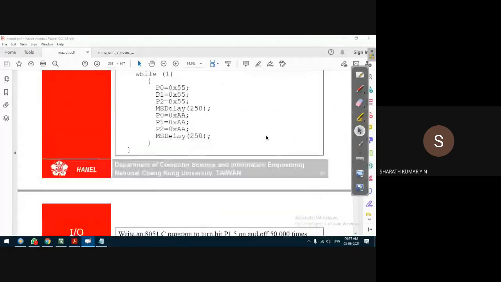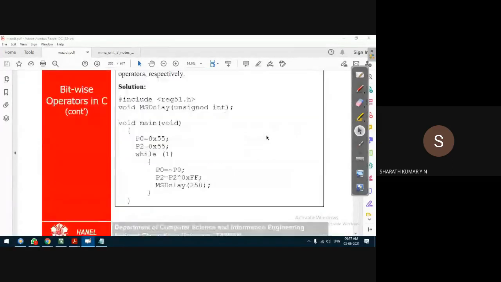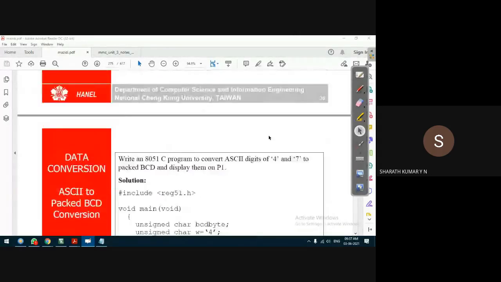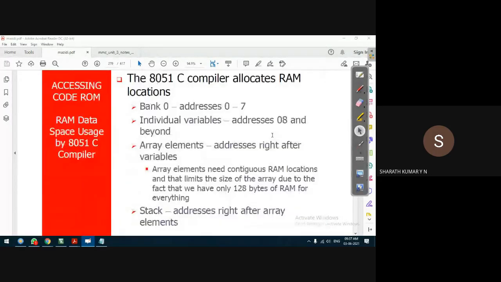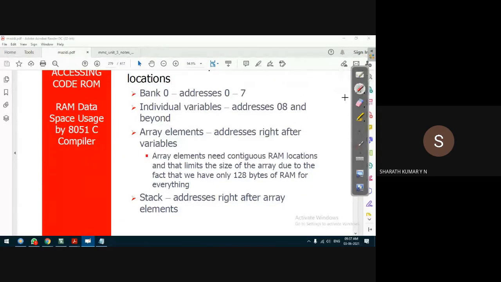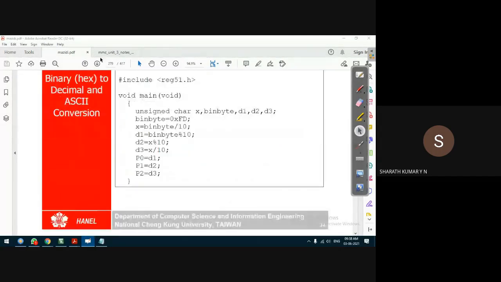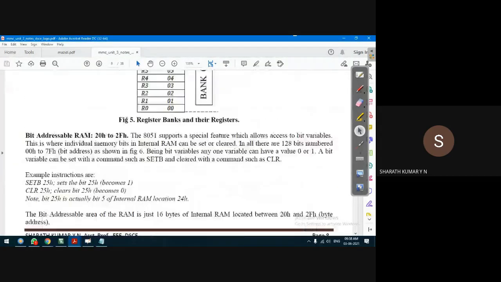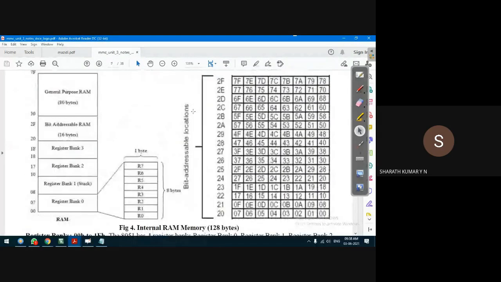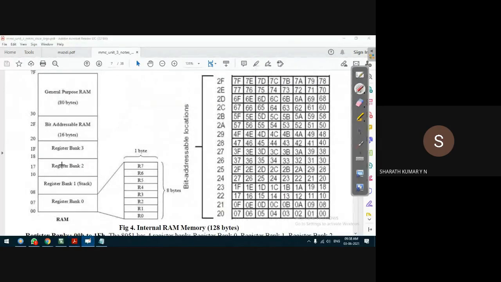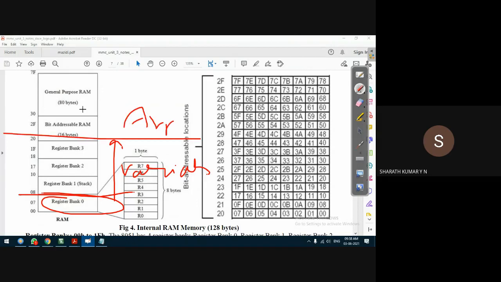Last class we understood this, but quickly: in internal RAM memory, the compiler will identify only the first register bank, that is register bank 0. Above that it will store the variables, like character and integer variables. Above that it will store the array. Above that it will store the stack memory.